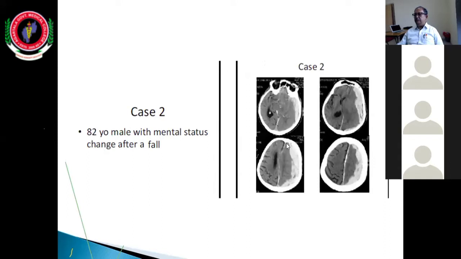Another one is the eccentric-shaped, or sickle-shaped, hyperdense area seen in the left parietal lobe with mass effect. That means the left lateral ventricle we could not see. We can only see the right lateral ventricle. There is a deviation of the falx cerebri. So this is a case of acute subdural hematoma at the left parietal region.